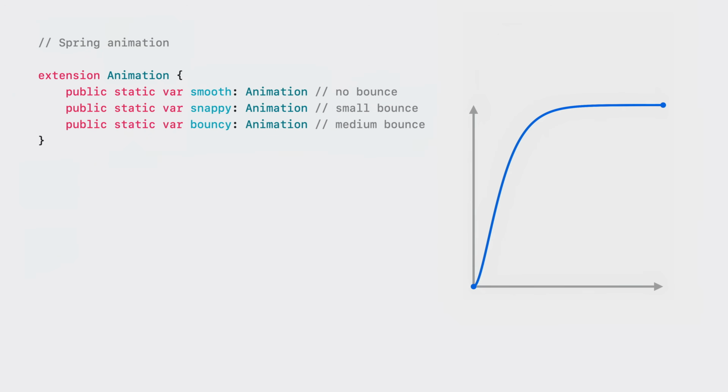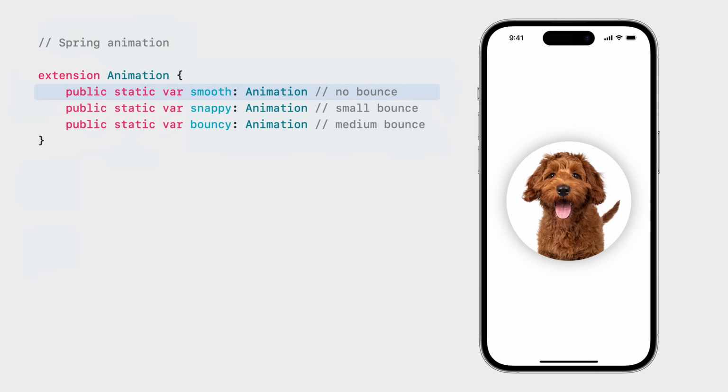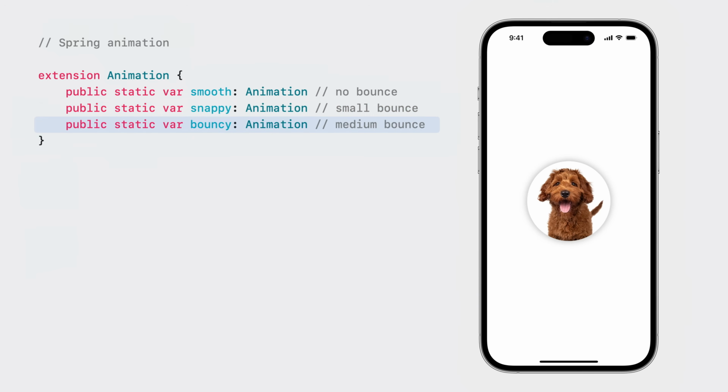SwiftUI comes with 3 built-in spring presets: smooth, which has no bounce; snappy, which has a small amount of bounce; and bouncy, which has a larger amount of bounce. If you're uncomfortable parameterizing a spring animation, these presets are a reliable way to get something that feels good.